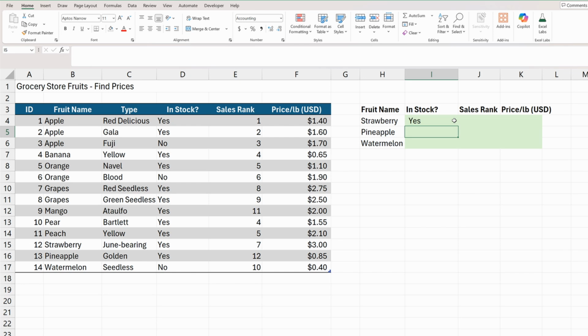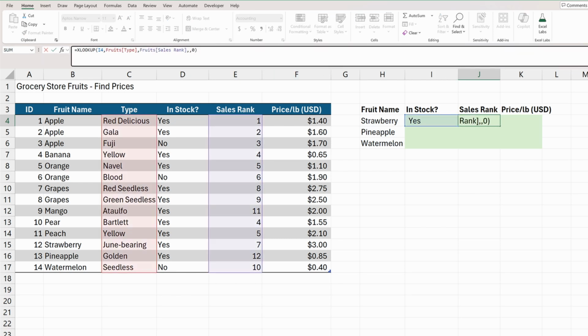Let's also introduce anchors. An anchor tells Excel how to lock a specific row or column when a formula is dragged across a range of cells. For example, if I drag this formula one column to the right, we can examine why it's incorrect. We can see that cell I4 is selected as our lookup criteria. We want cell H4, fruit name, to be selected, so we need to lock column H before we drag our